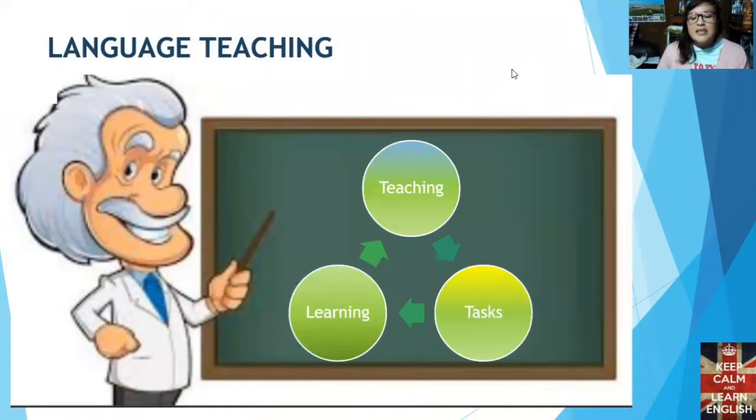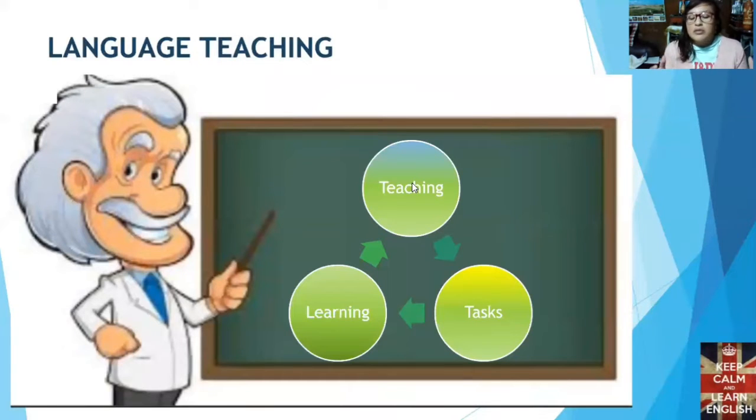Okay, let's talk first about language teaching. It's the process in which a teacher commits to helping foreign language students significantly improve language skills such as speaking, listening, reading, and writing. Using tasks inside and outside the class allows us to ensure in some way that the teaching-learning process occurs. In this context, we can use several strategies, approaches, methodologies, and activities,